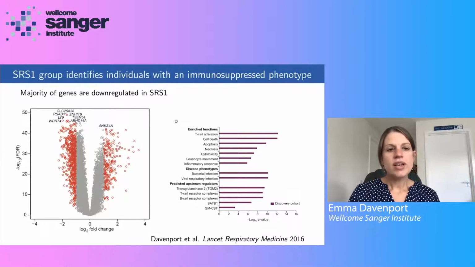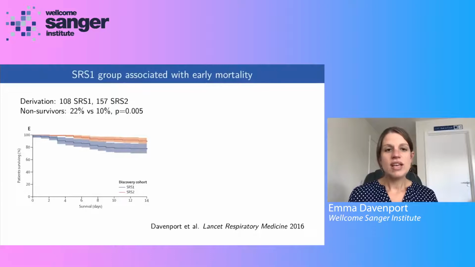An even more striking result, though, is the association between these SRS groups and mortality. This has always been a very challenging area in sepsis research, trying to understand why some individuals survive and some don't. It's very difficult from clinical data alone to predict which individuals are going to make a good recovery and which unfortunately won't survive. And so this finding was very exciting for us, that we were able to observe that